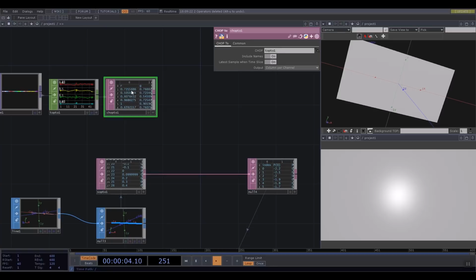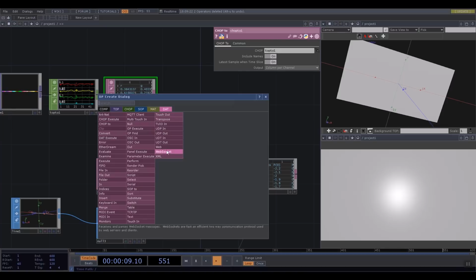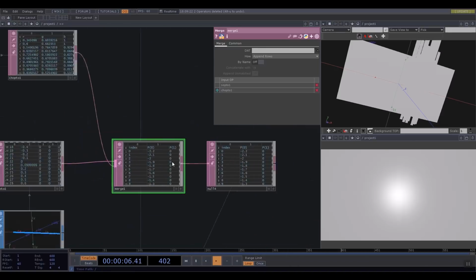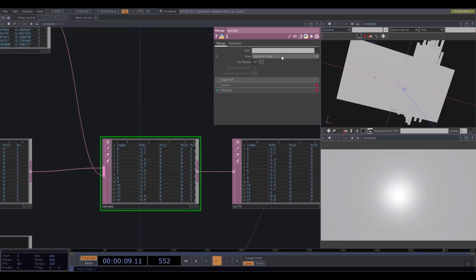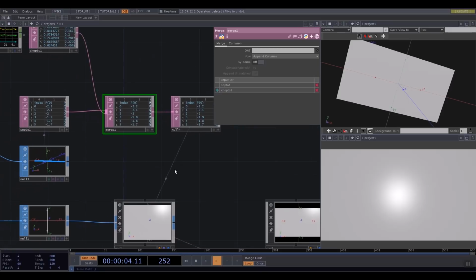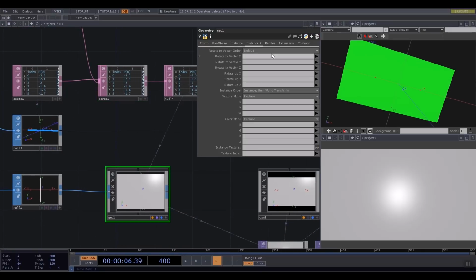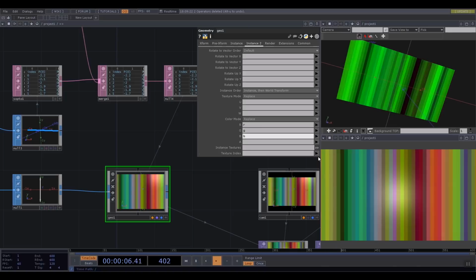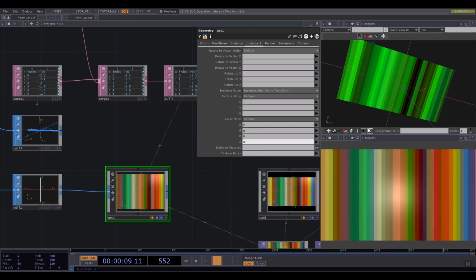I want to merge this CHOP to DAT with my SOP to DAT. So I'm going to insert a merge, and I'm going to drag and drop this into here. Now this is going to do really weird things because it's doing something called appending rows, but we want to append columns. Everything will visually look the same, but now if I go into my instance 2 panel, I can see that instead of just P0, P1, and P2, I now have R, G, B, and A,